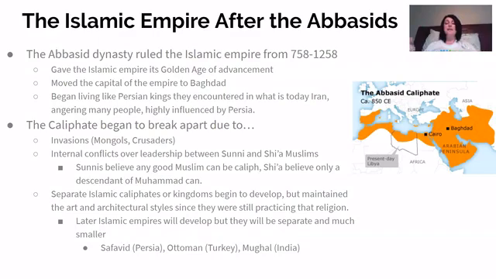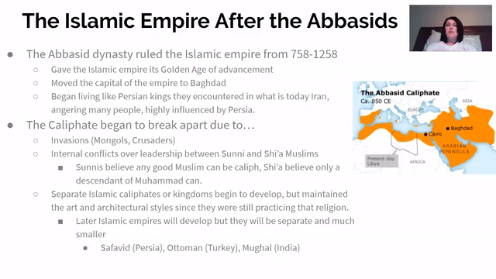So the Abbasids are going to move the capital of the caliphate, or this empire, to Baghdad. And the Abbasids are kind of like, you typically have a military rule, kind of like with Tang China, and then you have one that's more intellectually focused, like Song China. And the Abbasids are going to be the opposite, because if the Umayyads had been so militaristic, the Abbasids are not going to be like that. But by moving their capital to Baghdad, where they set up these great centers of learning called the House of Wisdom, they were very big into studying Greek and Roman texts, medicine, science, very, very advanced culture.